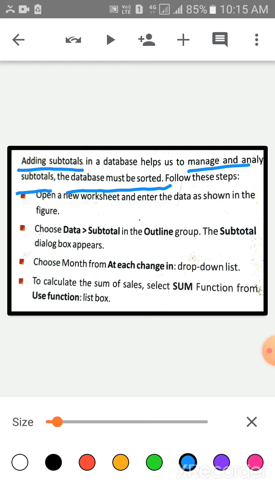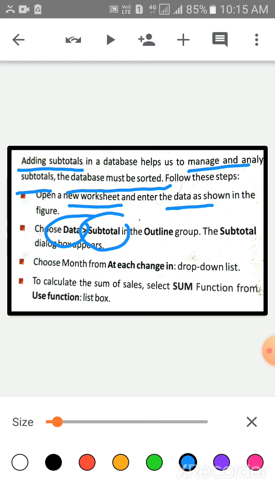First of all, open a new worksheet and then enter the data. Choose the Data option and then go to Subtotal in the Outline group. The Subtotal dialog box will open.